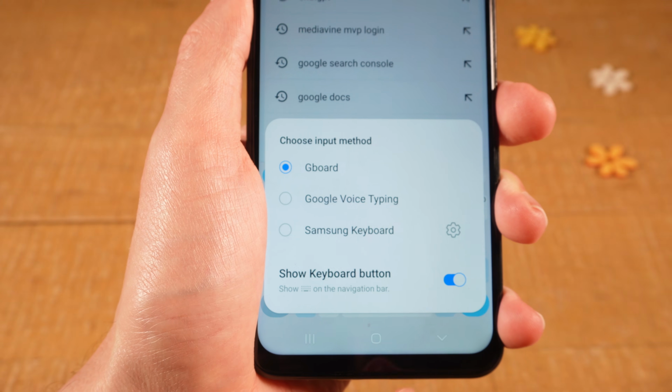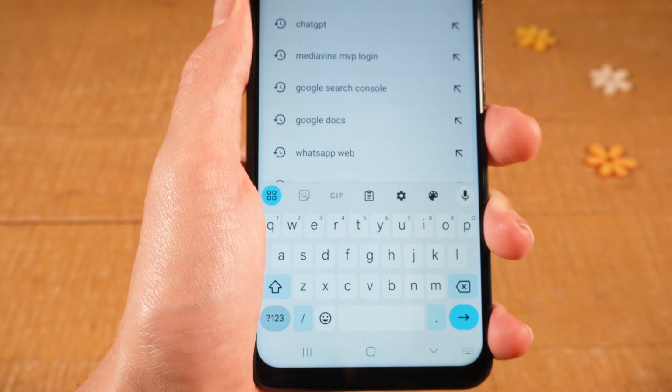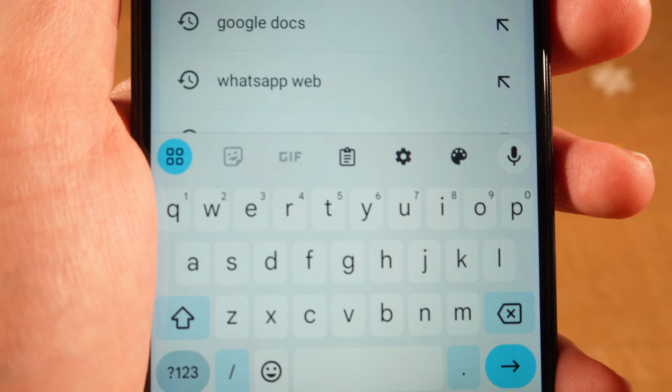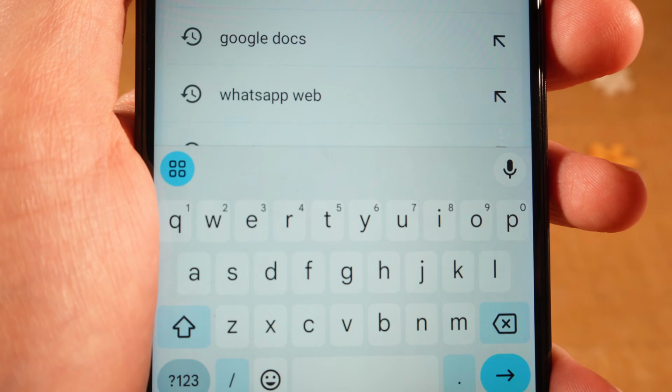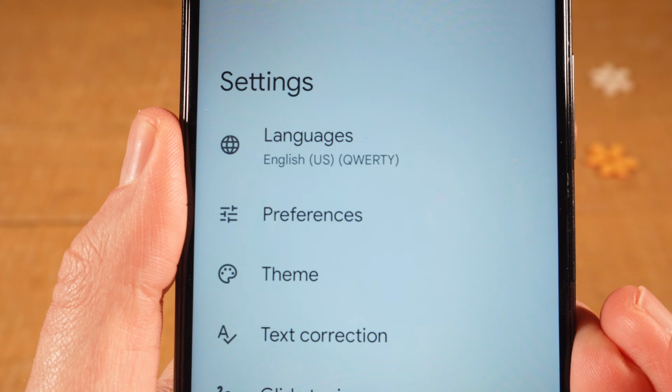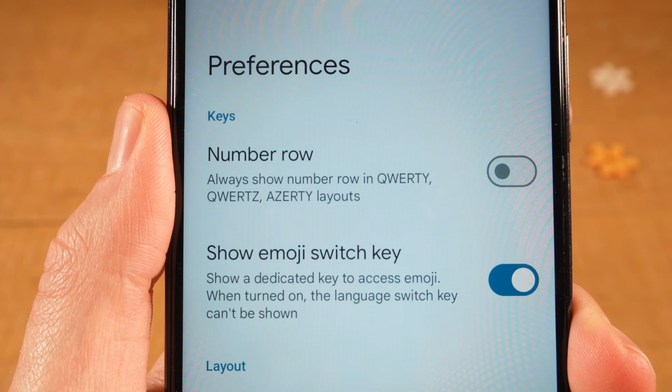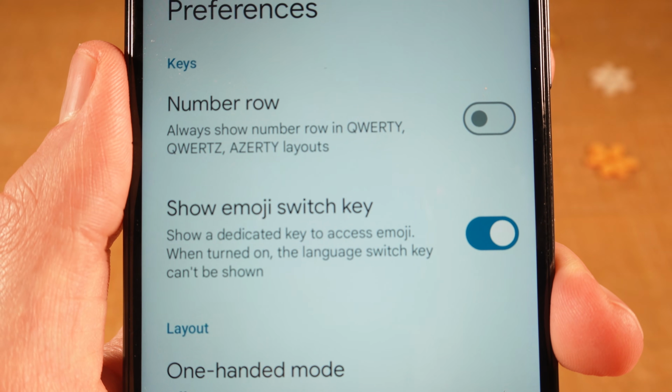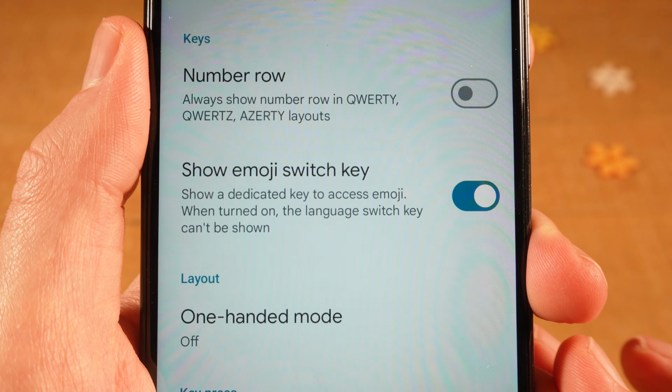First of all, let us close this window right here by tapping somewhere in the empty area. And now what you want to do on your Google keyboard is to tap here on this gear icon. This will open up the settings page. Next, tap on Preferences. And to disable the keyboard sounds for the Google keyboard on your Samsung phone, make sure to toggle off the option